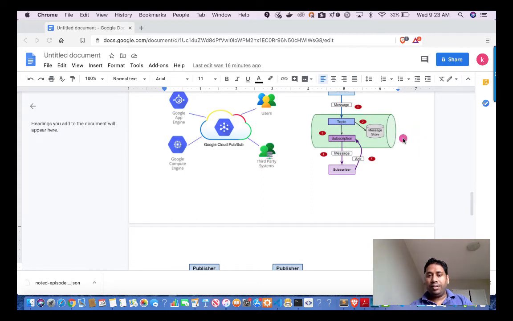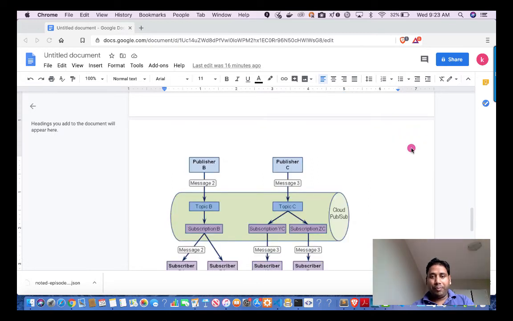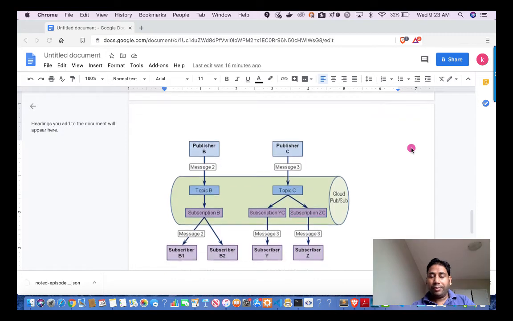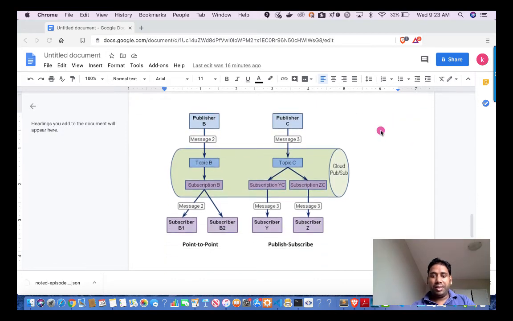Now let's understand different patterns of publisher and subscriber, which we call fan in, fan out, and all those. So in this scenario, there is one publisher and one subscriber.